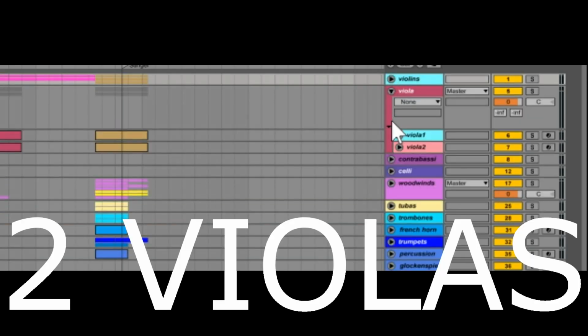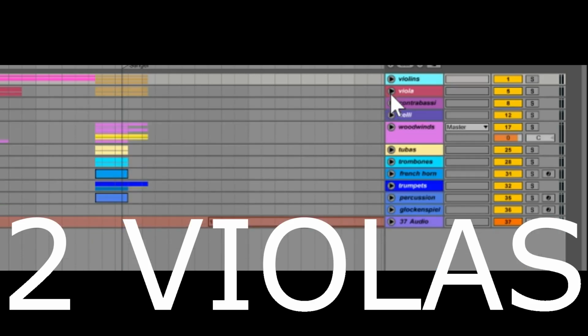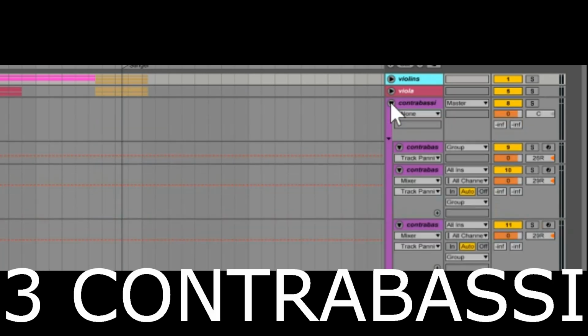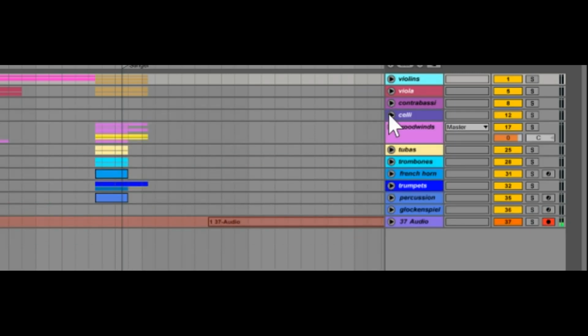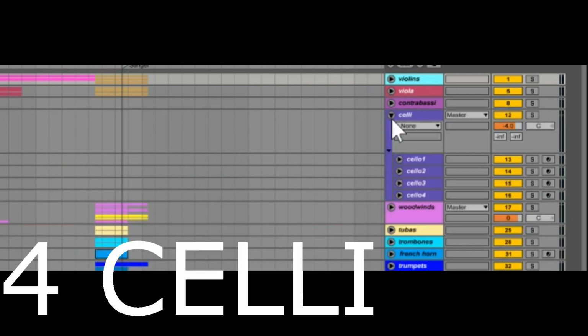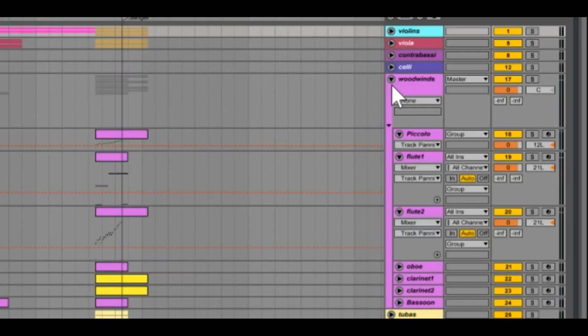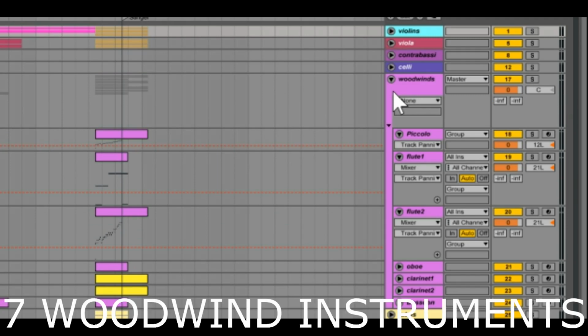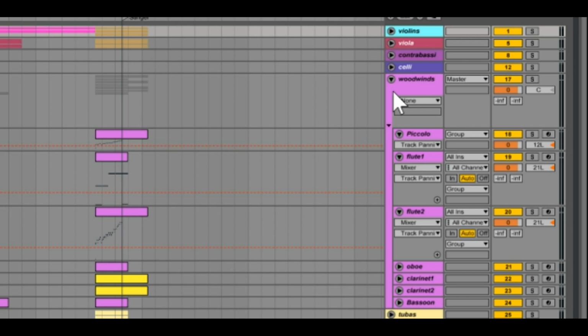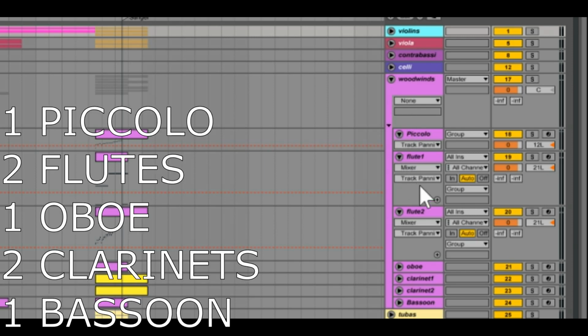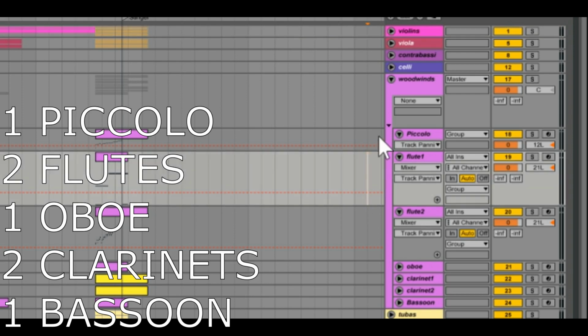In viola, I use two instances of the same viola sound. Same thing with contrabass, only I've got 3 of them in that case. In the cello, I have 4 instances of the cello. I didn't go as crazy with the woodwinds. Processing was a little bit of a problem at some points with this. So piccolo, flute, 2 flutes, an oboe, 2 clarinets, bassoon,